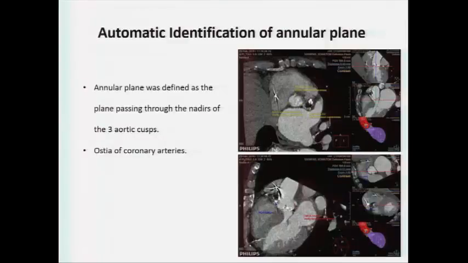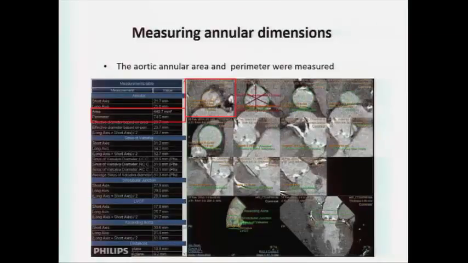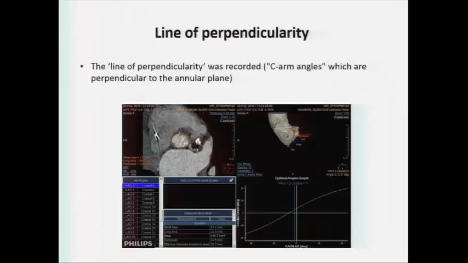One loads the data and obtains automatic identification of the annular plane, which is defined as the nadirs of the three aortic cusps. We also get other information at the same time. At this stage, we can either take the automatic results or we can adjust it, being the semi-automatic method. At this stage, we have the opportunity of looking at the contour of the aortic annulus and changing the measurements if it's semi-automatic. But in this study, we looked at the angles, and this is actually represented by a line